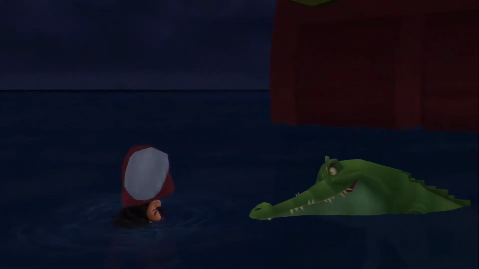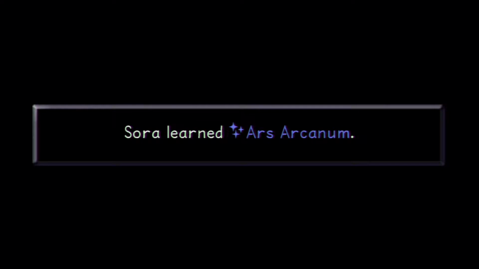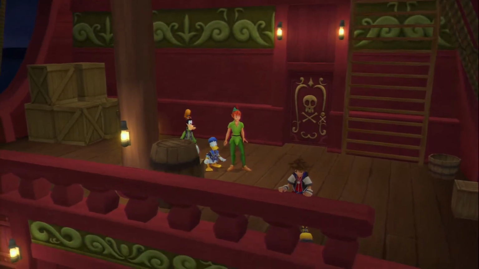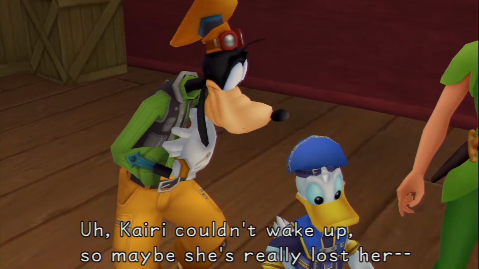Oh, here we go. And we learned a new combo special attacks ability, I guess. Aurus Arcanum, I think that's how you pronounce it. Powerful uninterruptible combo. I think it's like 6 to 11 hits. The last few you can actually get interrupted by. Oh, Kairi couldn't wake up, so maybe she's really lost her...